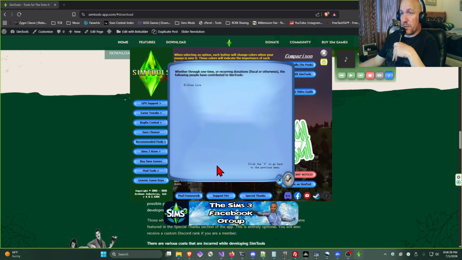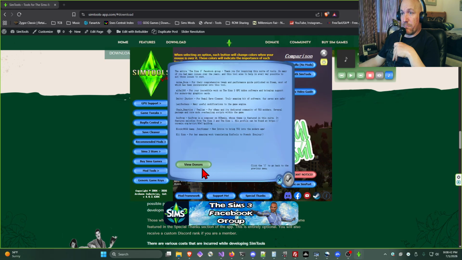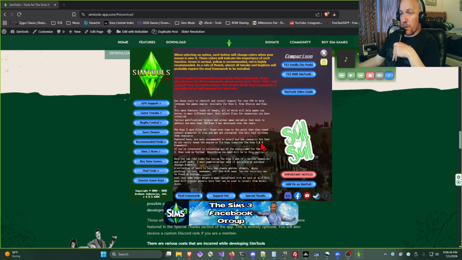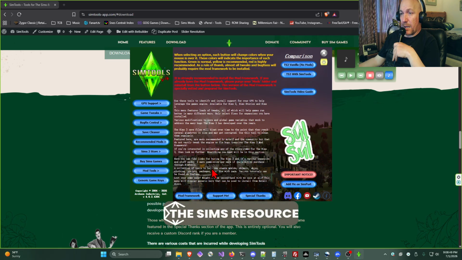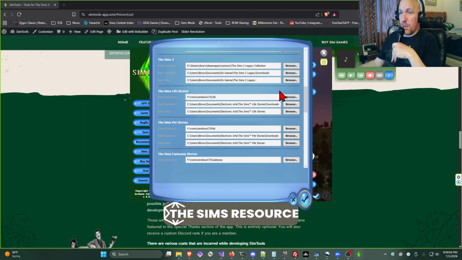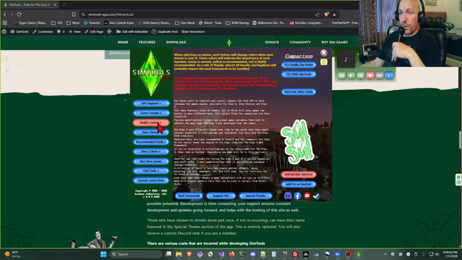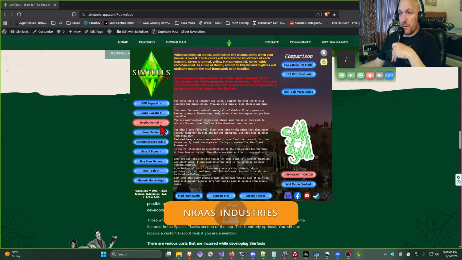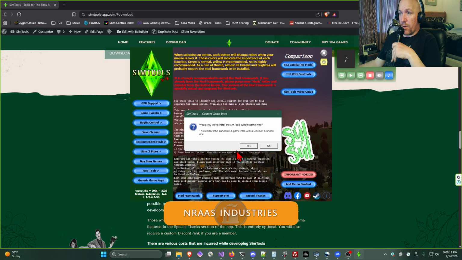Special thanks and donors are pretty much the same. Again, a lot of stuff here automatically installs. So if you click the mod framework button, it will, as long as you've configured the Sims 3 directory, and again, that goes for a lot of the game tweaks and bug fixes as well, but if you hit mod framework, it will download all of that,